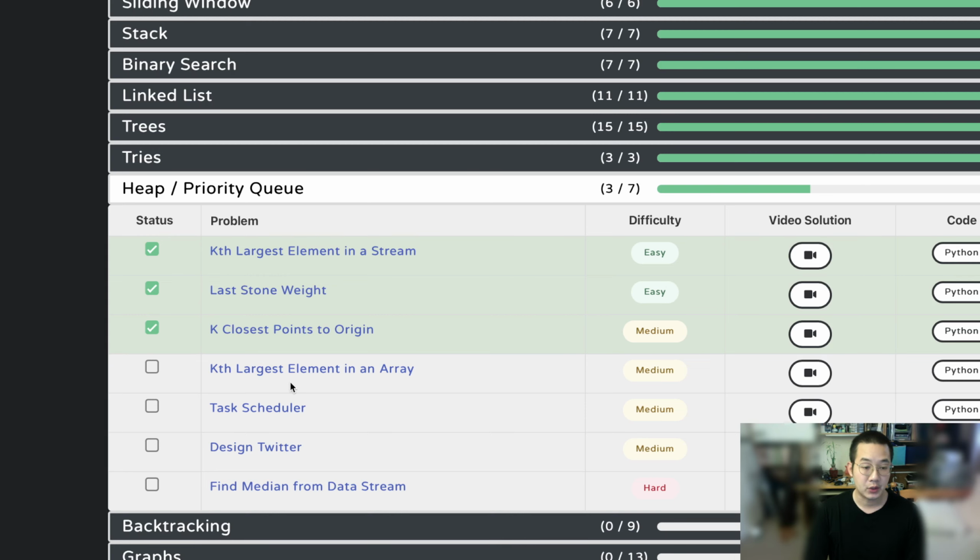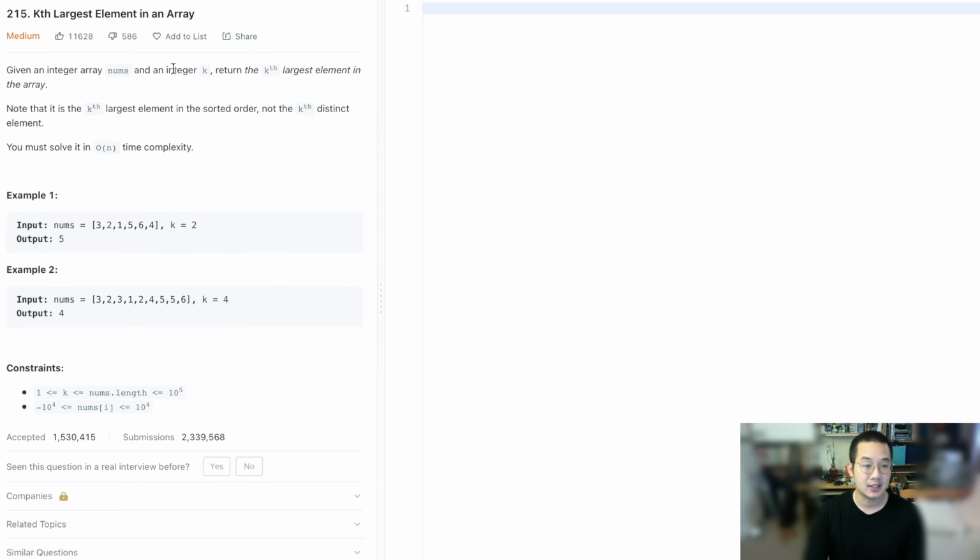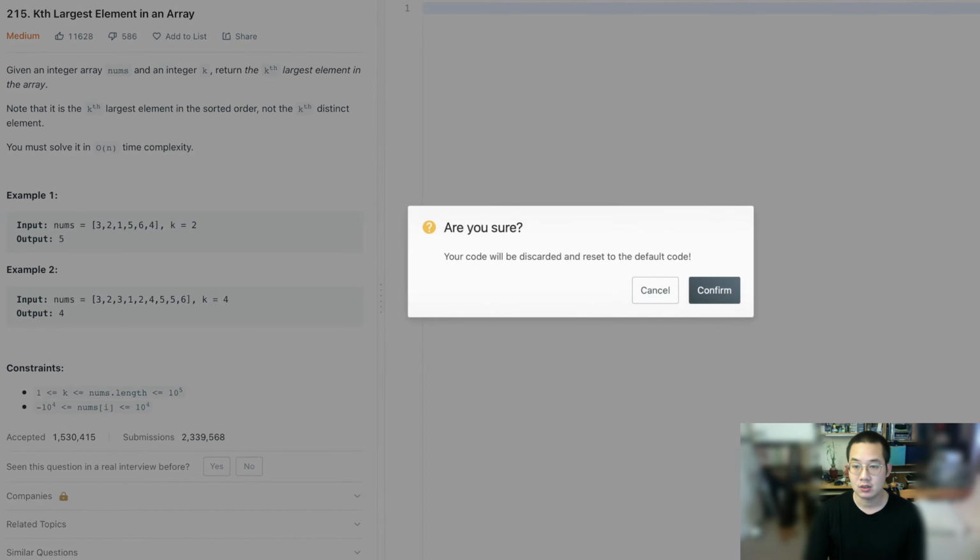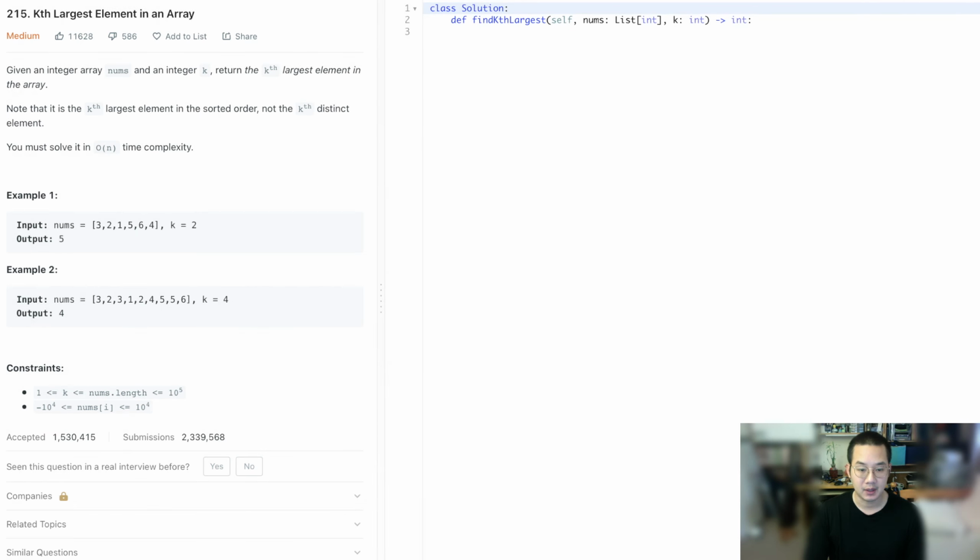Hello there. Today we'll be doing the kth largest element in an array. In this problem, we're going to grab a list of numbers and we need to find the kth largest item. In this particular case, we're looking at a 5, because the largest item is a 6 and the second largest is a 5. Some solutions we can think of is sorting, which takes n log n time